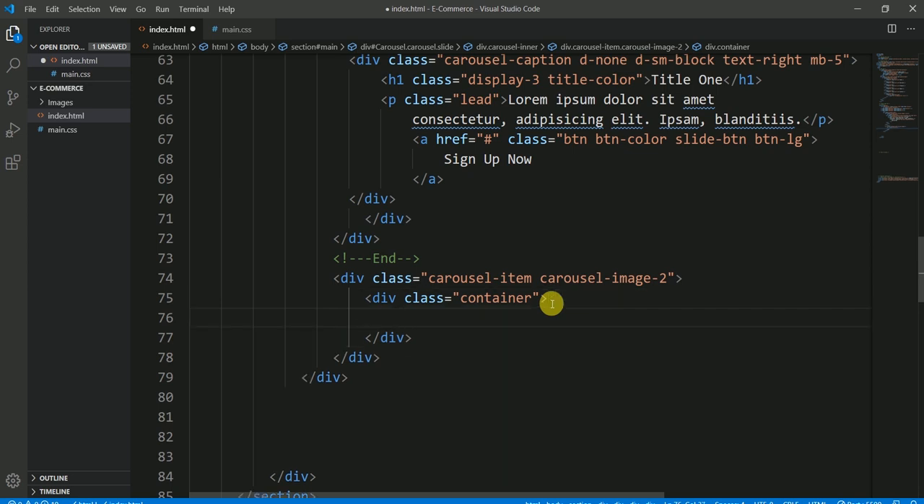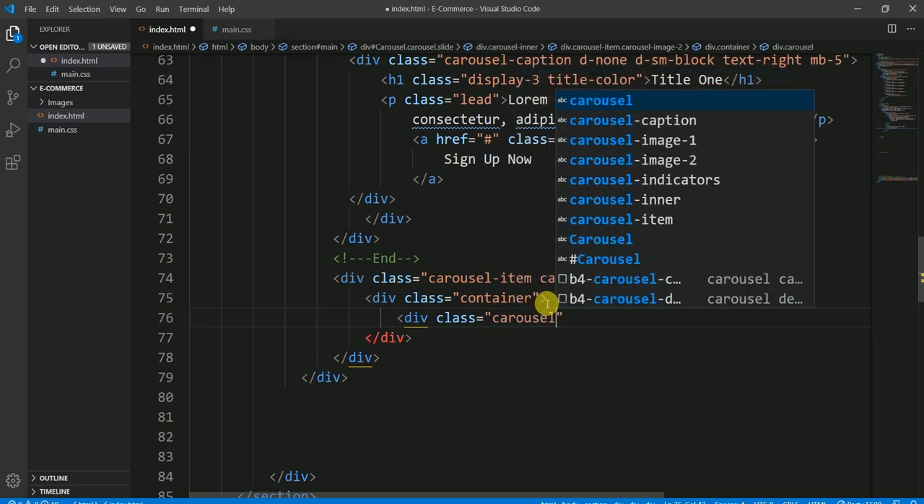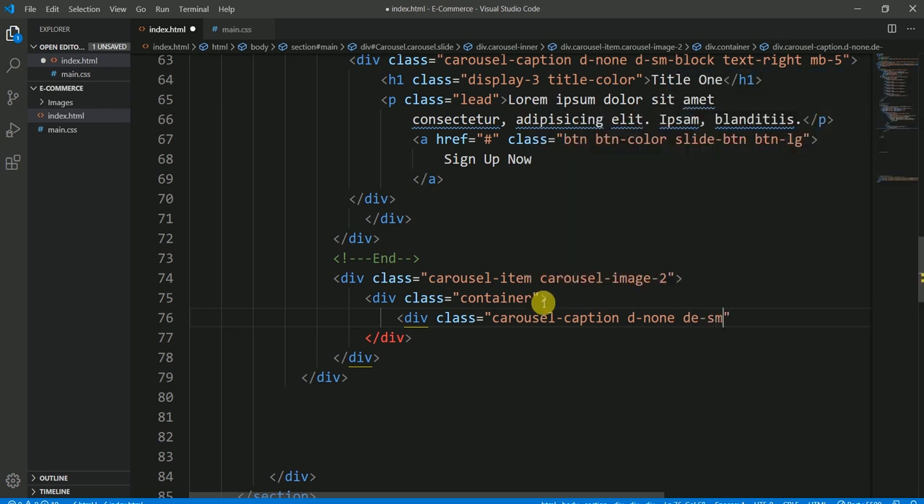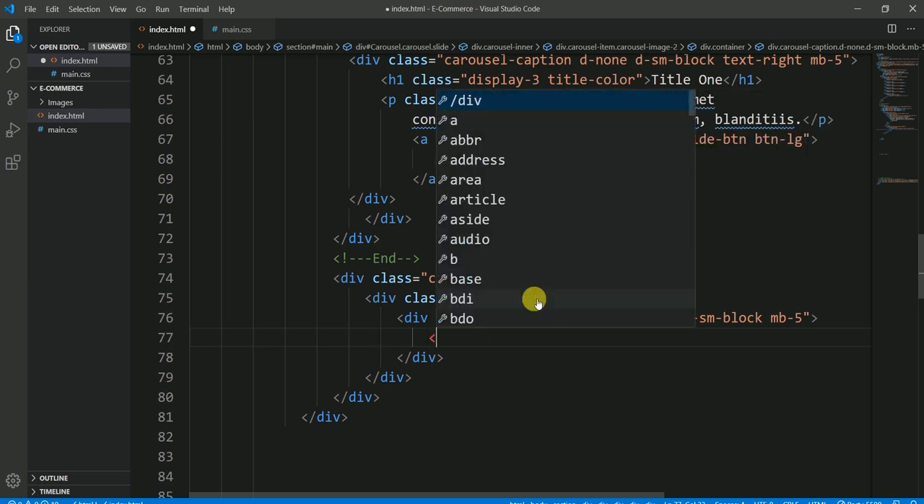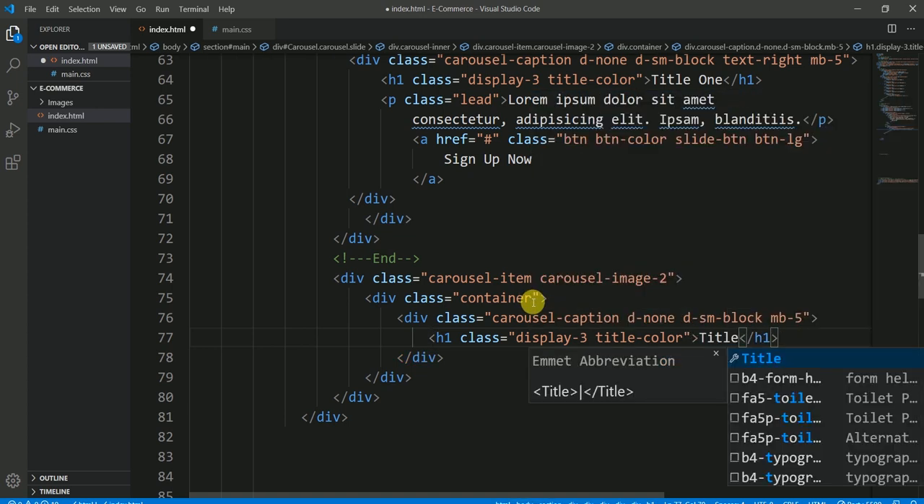let's have another div, assigning it a class of carousel caption, display none, and display block, margin bottom 5, and here again let's go with the heading 1, assigning it a class of display 3, and then a title color, and then title 2,